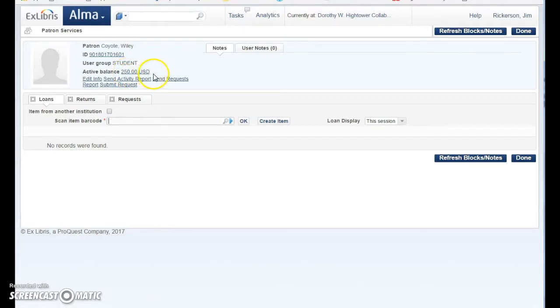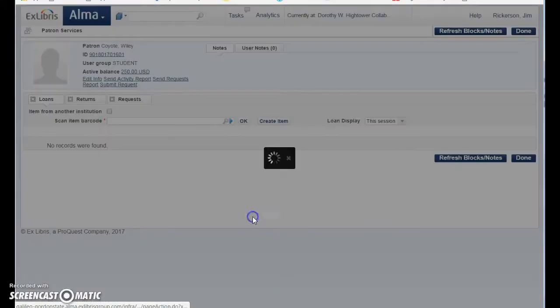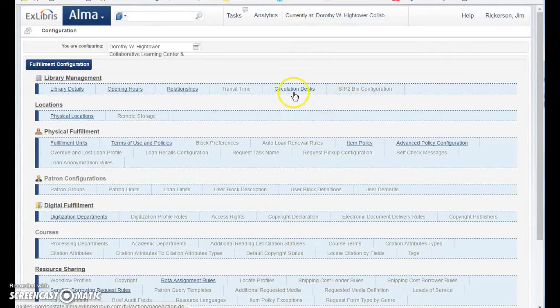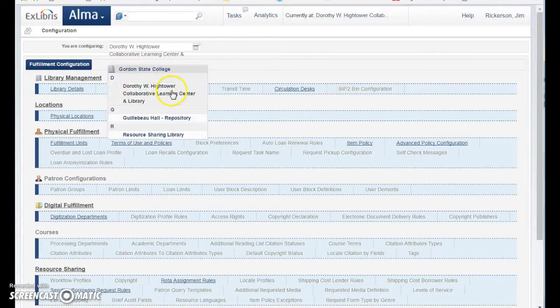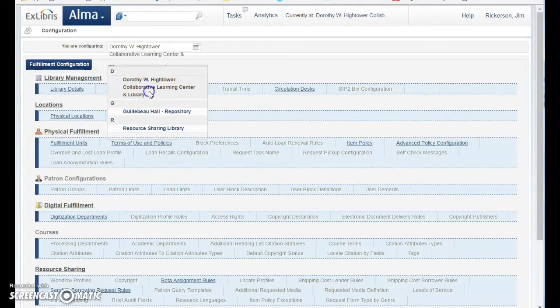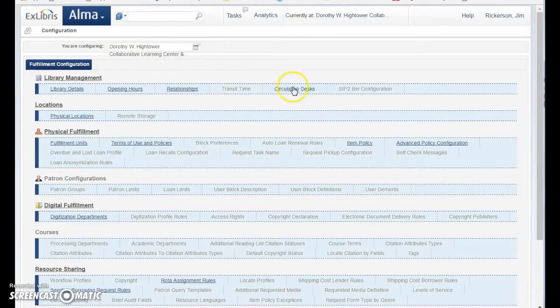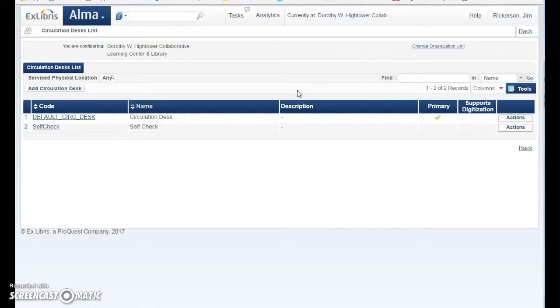And next to the balance, you'll see a pay link. And if you don't see a pay link, the way you configure that is you go to the fulfillment configuration menu, and you have to go to the Hightower library circulation desk. Click on Circulation Desk, select the default Circ Desk, click Edit,